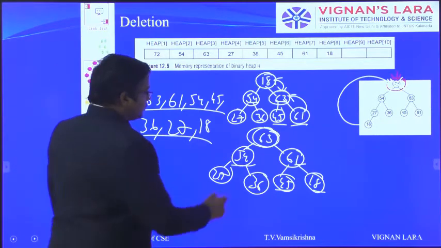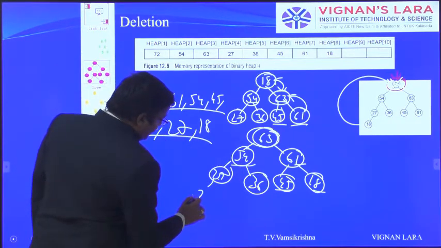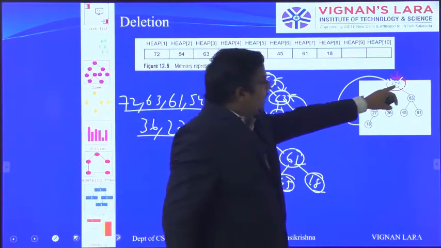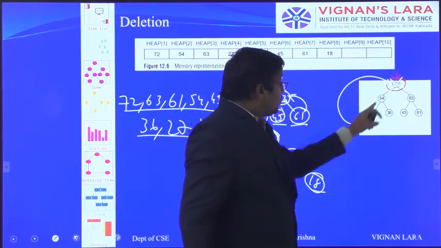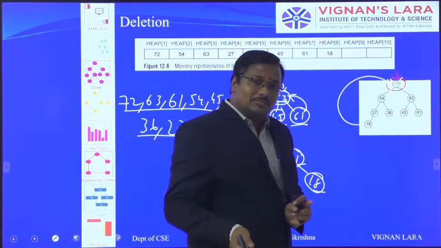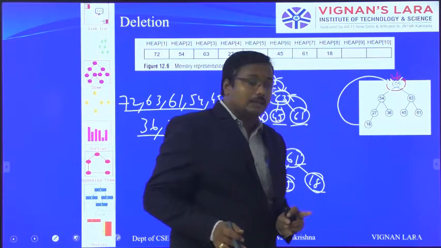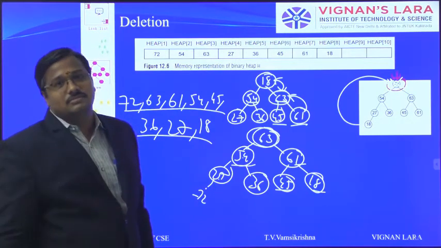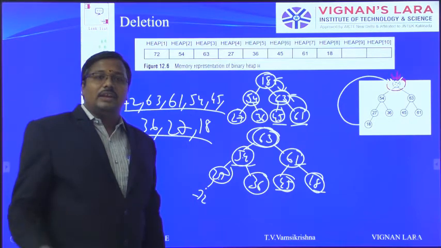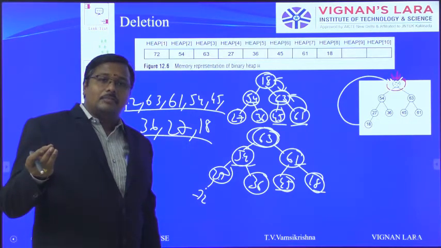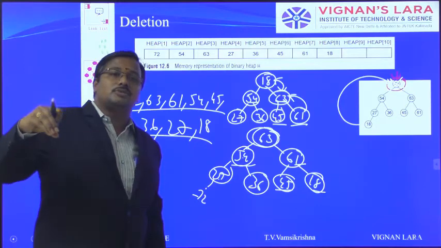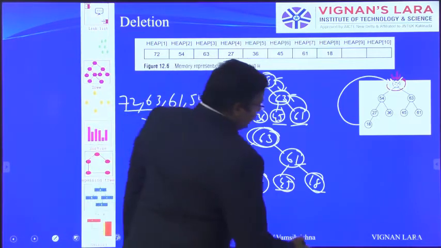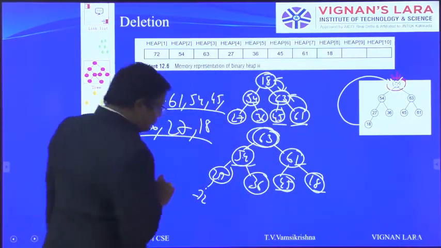So 72 is deleted, but how is 72 still there? Just recall, whenever we delete 72, the 72 and 18 swap with each other. Means the first position and last position are swapped. So 72 is in the last position. What happens here is we calculate the maximum element, and the maximum element is pushed into the last position in the array. So 72 comes to the last position.